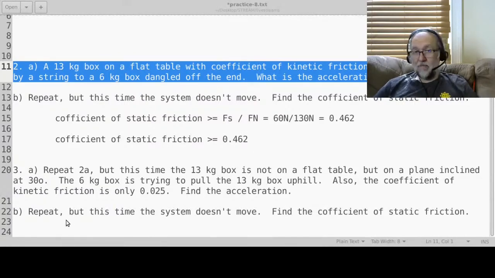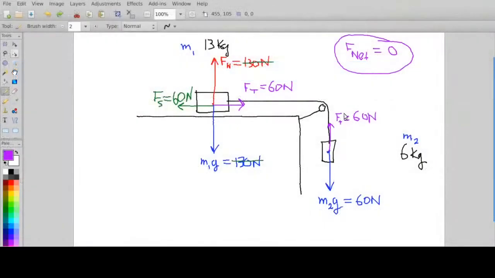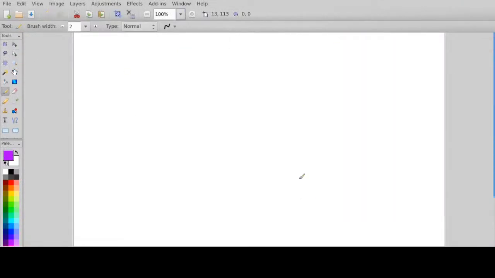Okay, so let's start off by doing part B first. All right, so here we are, and let's get a new whiteboard going. Okay, and what does the diagram look like? Well, I said that